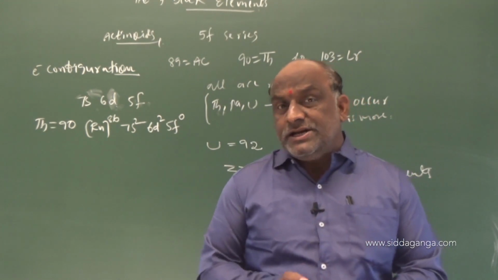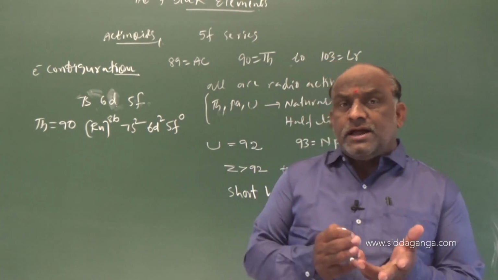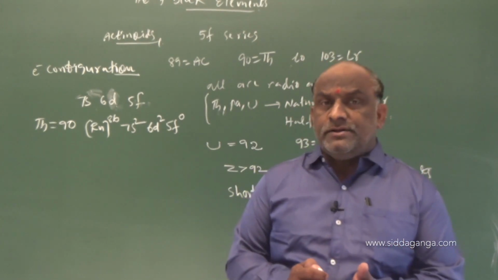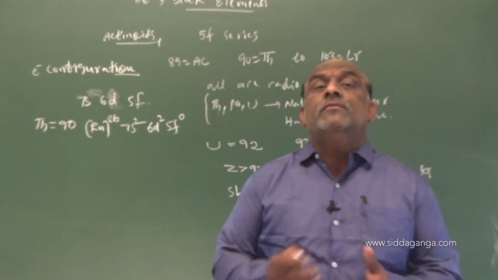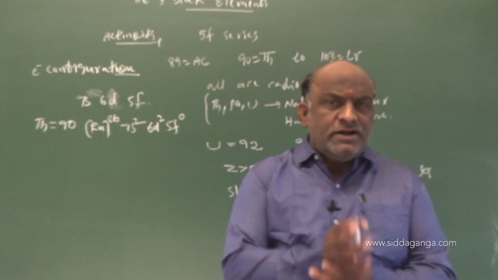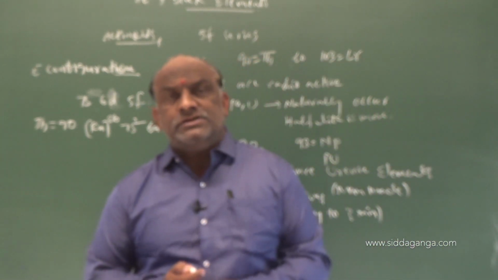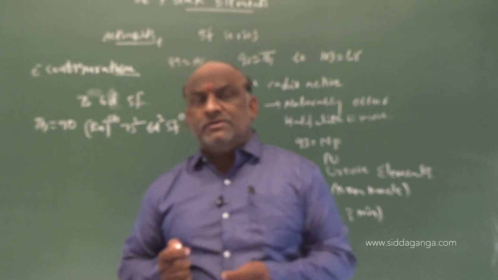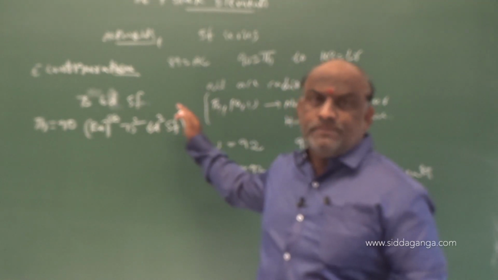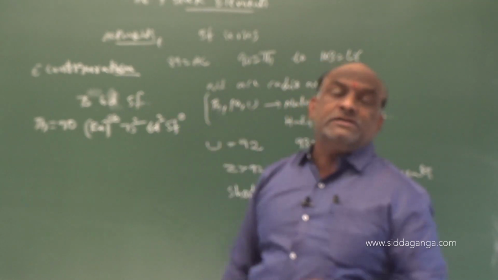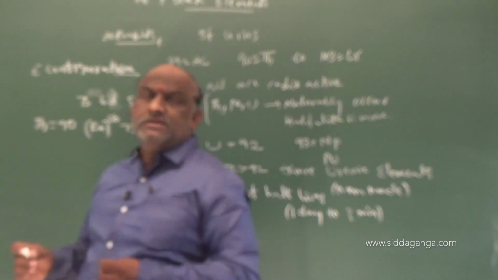Why was the study of the chemistry of actinides so difficult? Because they are all radioactive compounds, and because of the existence of a greater number of oxidation states. Why do they exist in a greater number of oxidation states? Why do lanthanides not exist in a greater number of oxidation states? We have to revise and think about this. Why only actinides, and why can't lanthanides? So simple, there is one and only one reason regarding this.